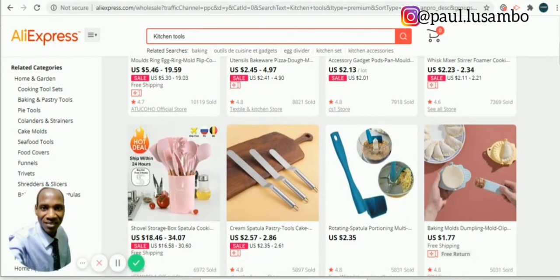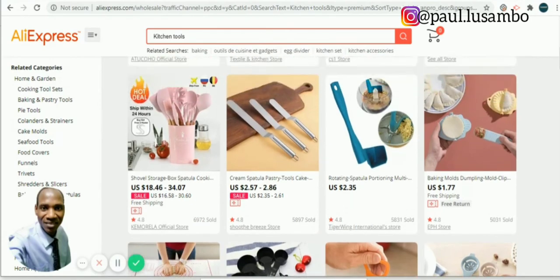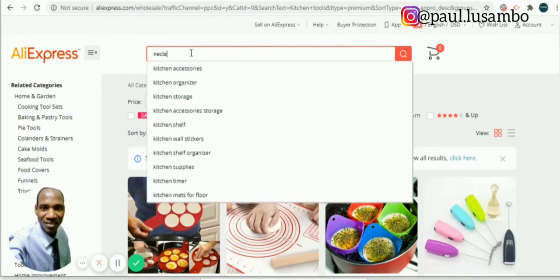Another in this niche. This one also is a good product to sell. This one is a good product to sell. And this one also is a good product to sell. And this one, so there's so many products that you can get here on AliExpress. Let me give you the last niche. Maybe I want to sell necklaces,